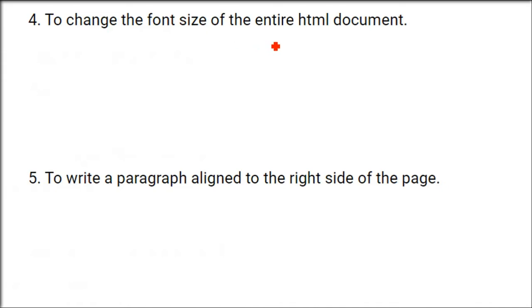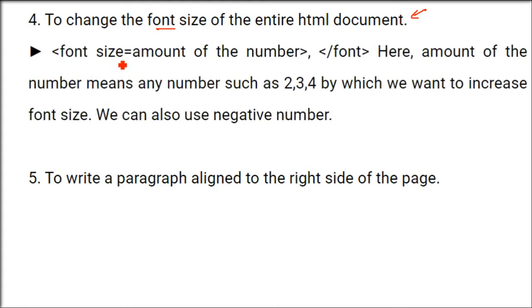To change the font size of the entire HTML document, so you want to completely change the document font. For that you will use this in body, means you want everything. So I'll just tell you about the font. The font size, now here you are going to write the number. That number can be anything, it can be negative even.